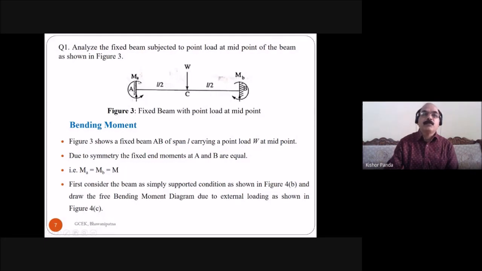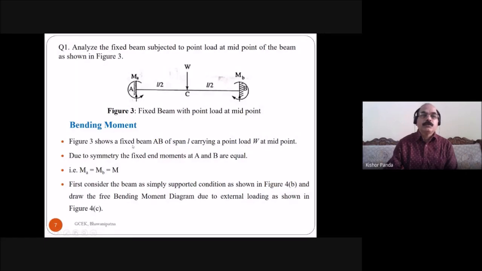First you have to find these end moments using the moment area theorem. Then after getting these end moments, you can plot the final bending moment diagram. Then by considering both loads and moments, you have to find the reactions. After getting the reactions, you have to find the shear force at different positions. Then you can plot the shear force diagram. These are the processes. Here you see, first we will go for the bending moment. First we will find the bending moments MA and MB.